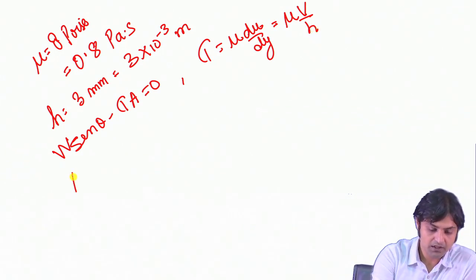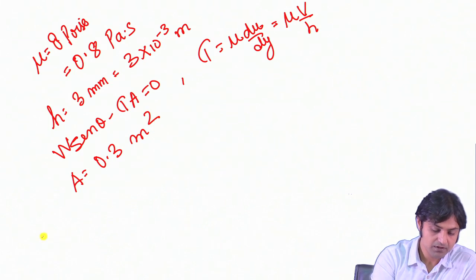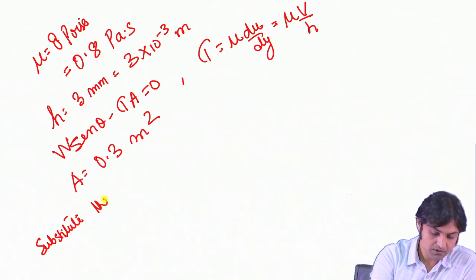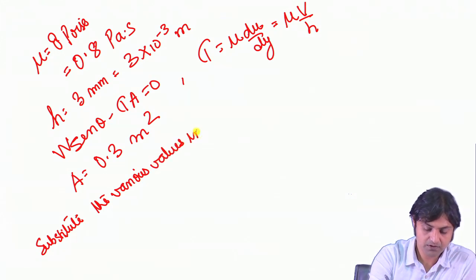Here area is given as 0.3 meter square. Now if we substitute the various values in the above equations,